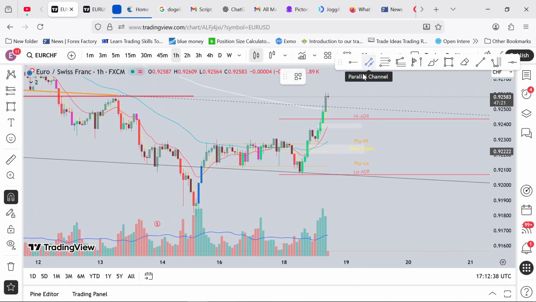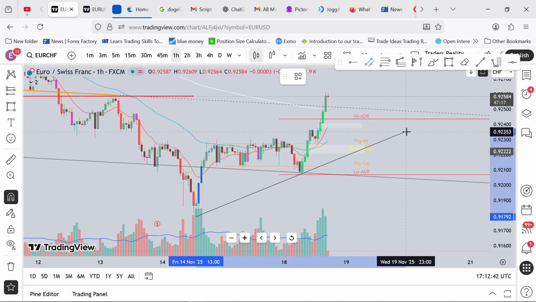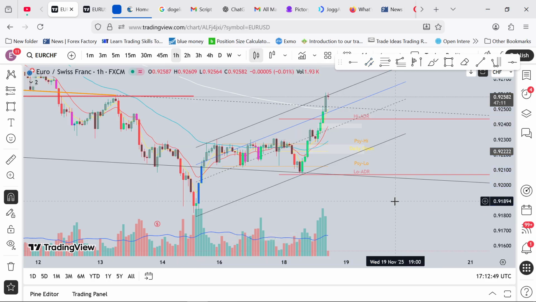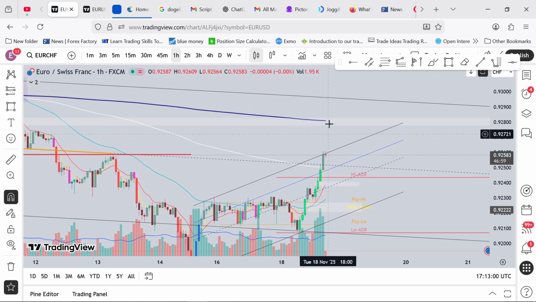I'm just gonna give you a brief something about channels because I need to put it on here right now. Basically, in Elliott Wave, when you start a structure from a low or from a high, you get a 1, you get a 2. At the moment, you don't know if it's a 1 or a 2. It could be an A and a B, okay? Just simply put, if price breaks and closes and continues above here,